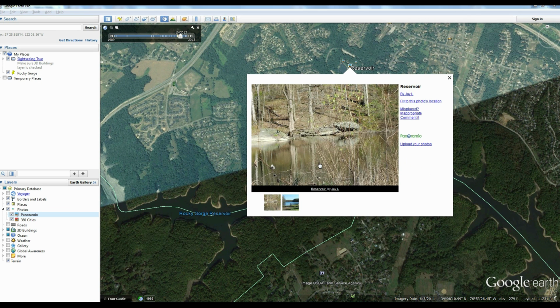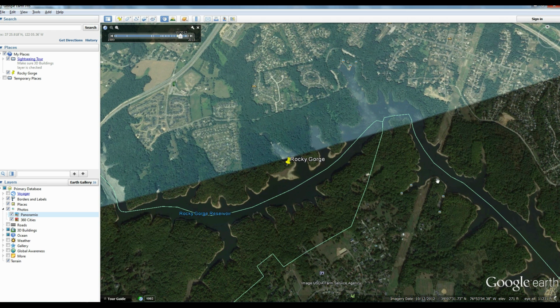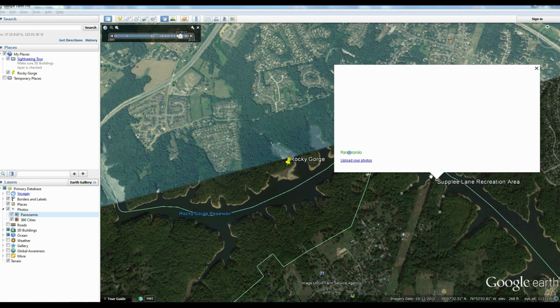Right off the bat, go in, click some of the little icons. You'll see that there are pictures in there. This can give you an idea of what the structure is. There's large rocks, maybe those are going to come into play. There's trees, laydowns. Is there vegetation? These are all things that you can pick up from these pictures, especially if you're traveling somewhere that you've